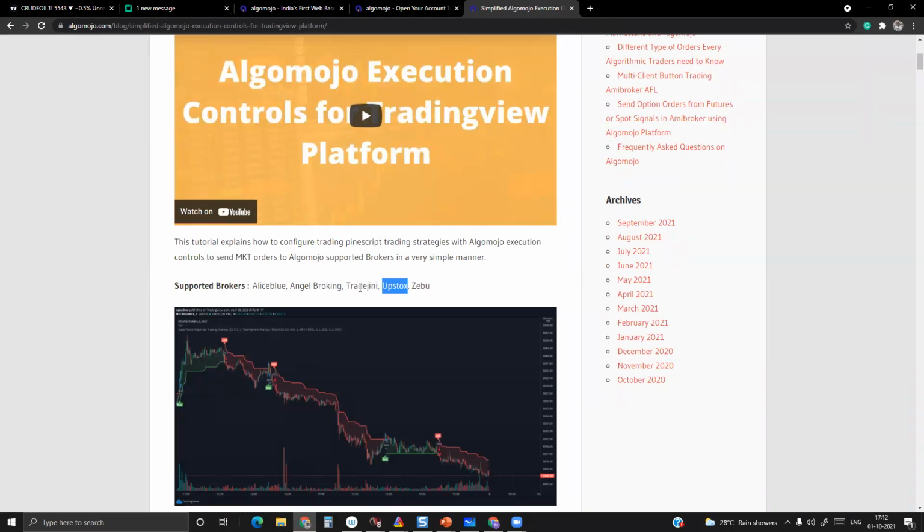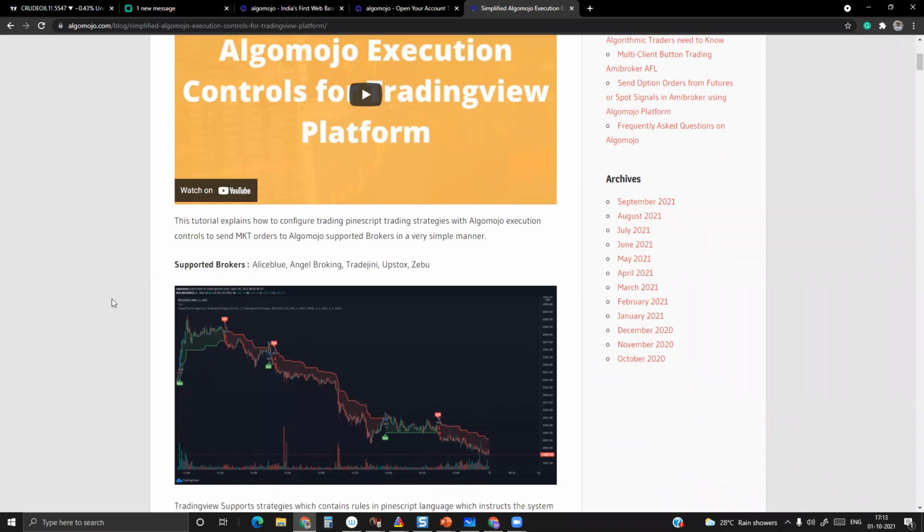However, this same module is also compatible with Alice Blue and Zebu, because all these brokers use Nest as a backend. Since all the brokers are using Nest as a backend, the code is interconnected. So the same code, you can design it for Trade-Genie, Alice Blue, and Zebu. But Angel Broking and Upstox have a different messaging structure, so one has to understand the code accordingly and then start using it.